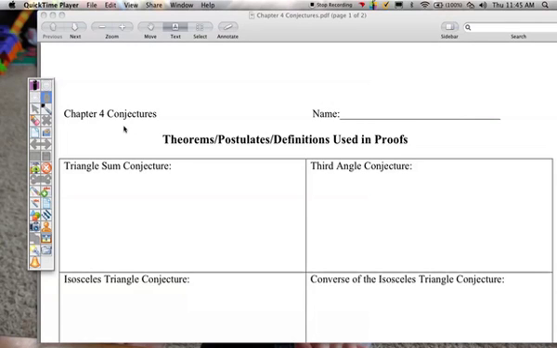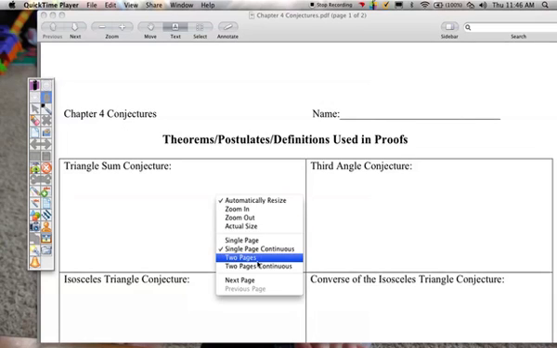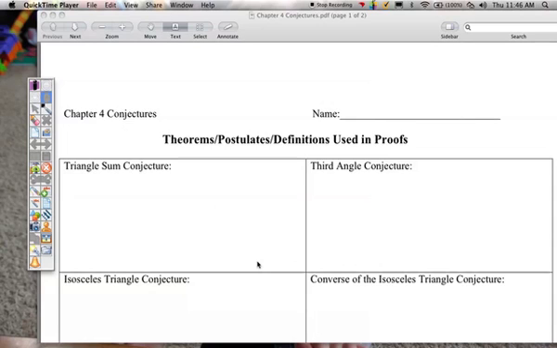Today we're going to review some of the conjectures that we've looked at in Chapter 4. Actually, I think it's all of them. And then we're going to see how those are used to prove things. So the first one is the triangle sum conjecture. I'm going to summarize these, so if you want the full conjecture, you can of course look in your book